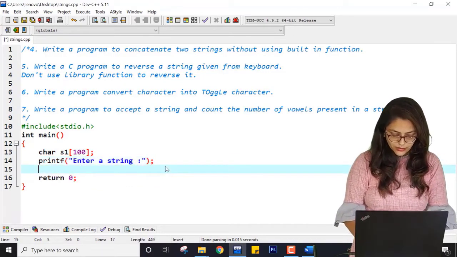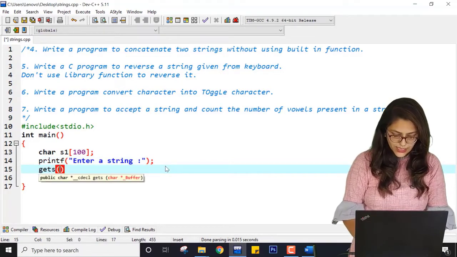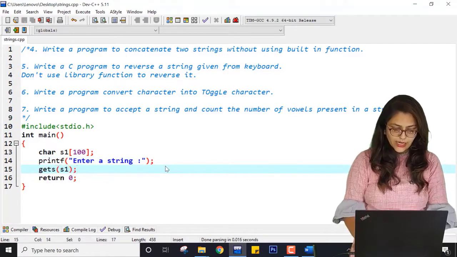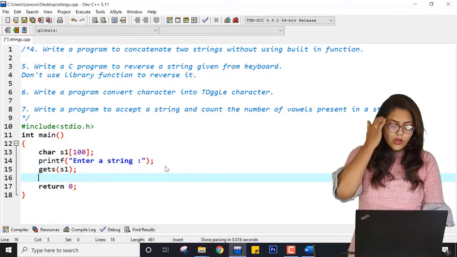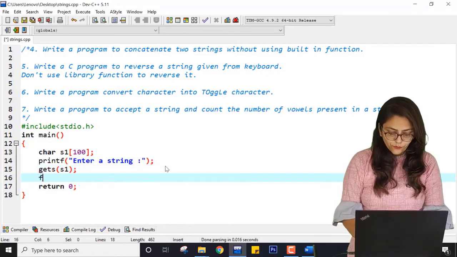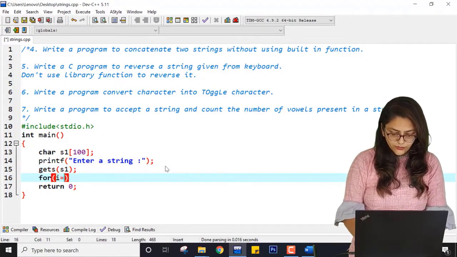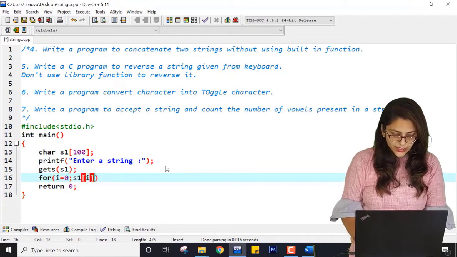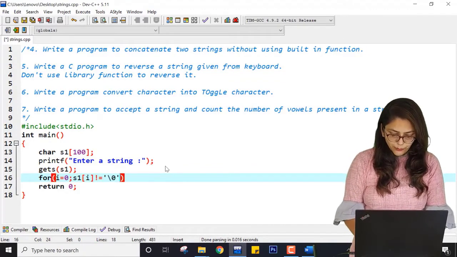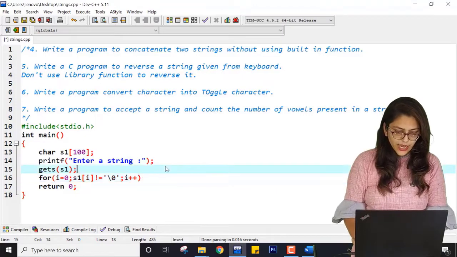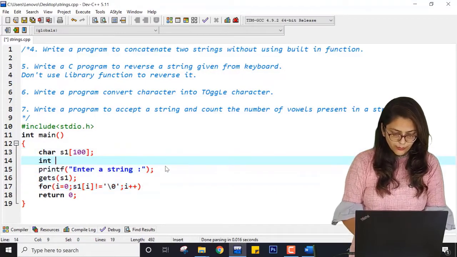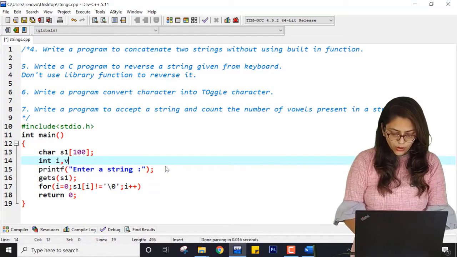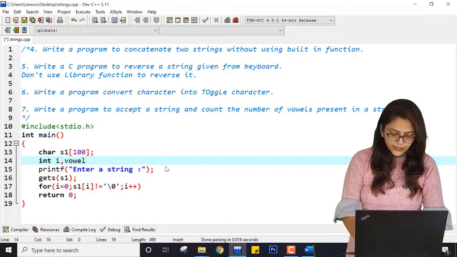Semicolon here, then here I am using gets of s1. Let me save this program. Now what I want is a for loop which starts with 0 and goes up to s1 of i not equal to null. I am doing i plus plus. I also have to declare i, so I am doing int i and also vowel.